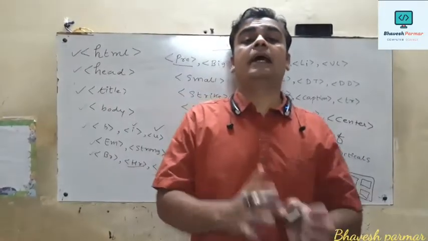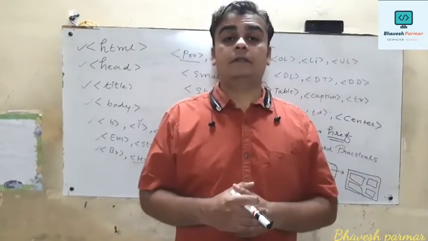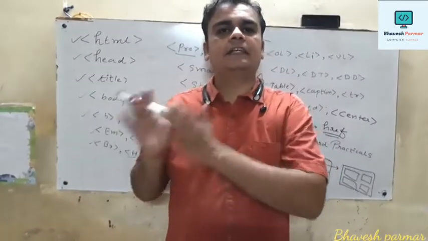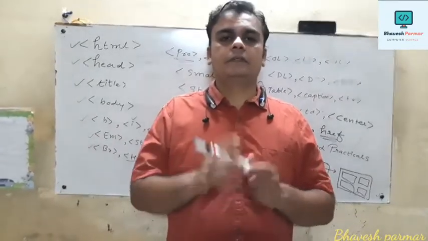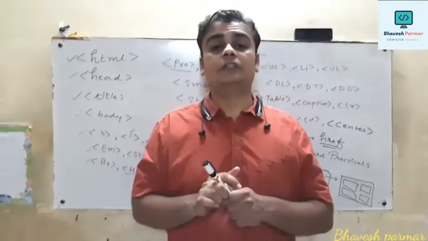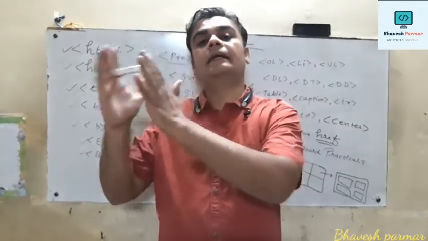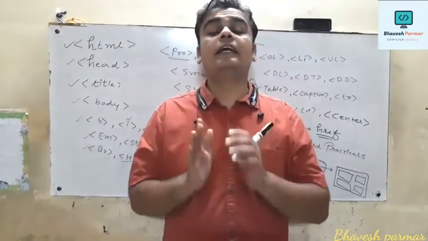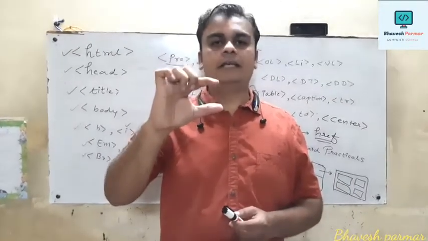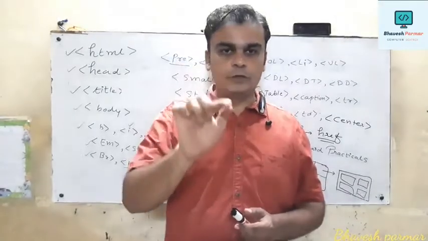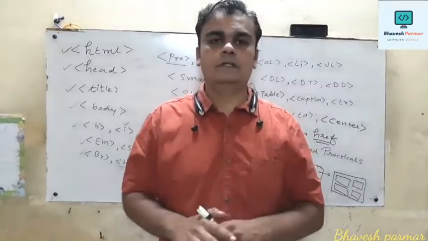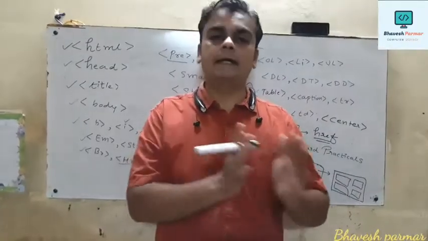Thereafter, image by image link. In this case, one image is given as a hyperlink and the destination is also an image. Meaning the image is properly displayed on your screen, and if I click on that image, it is linked with another image. So it is called image by image link. In so many websites we have seen one image displayed with a small size, and whenever I click on that image, then what happens? That image is displayed with a large size. So this is possible with the help of image by image link.